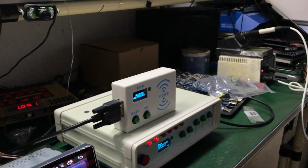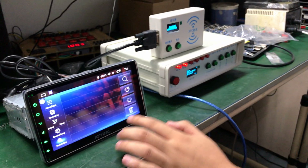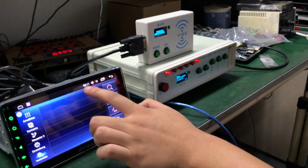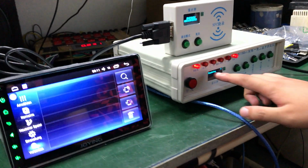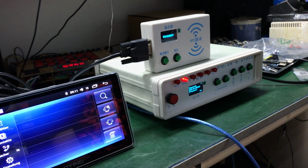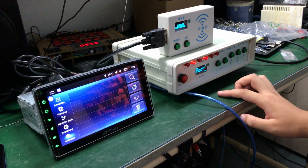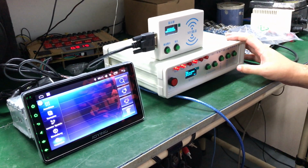Okay, it's already connected. You can disconnect it. It shows inquiry, connecting, and then connected. Okay. When you are testing,